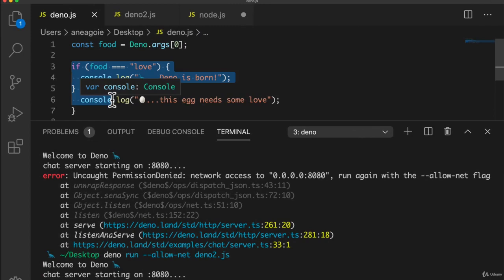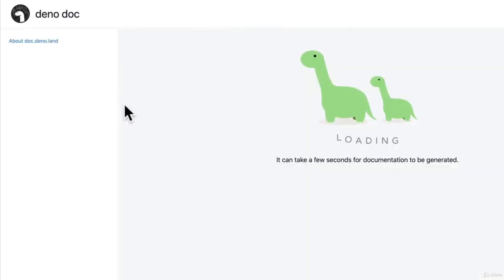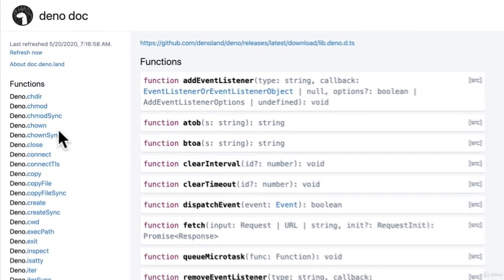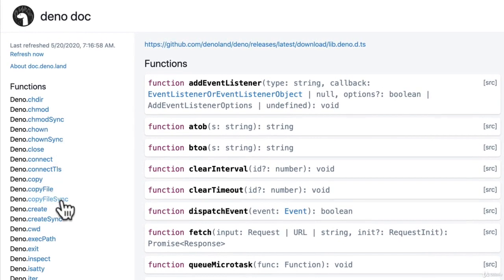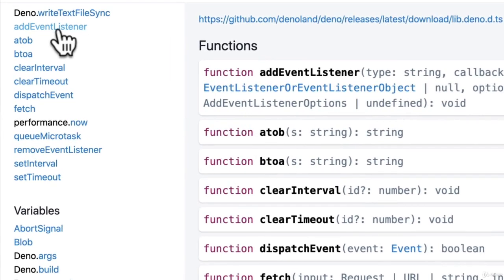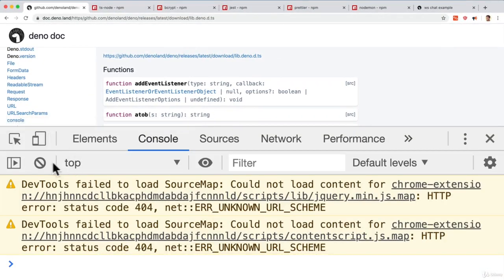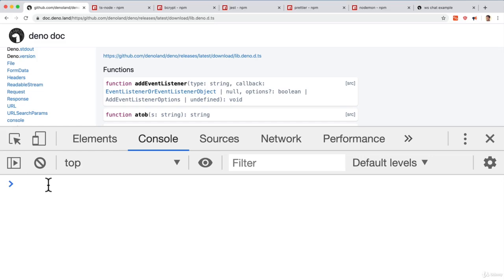So if we go back to Deno and look at the runtime API, although we have things that browsers can't do, such as copy file or copy file sync, which allows us to access the file system, so work with the computer, anything that is browser related can be done in Deno using the Windows namespace. So add event listener, set timeout, URL search params, crypto. All these things are compatible so that if I open my browser and I do window,